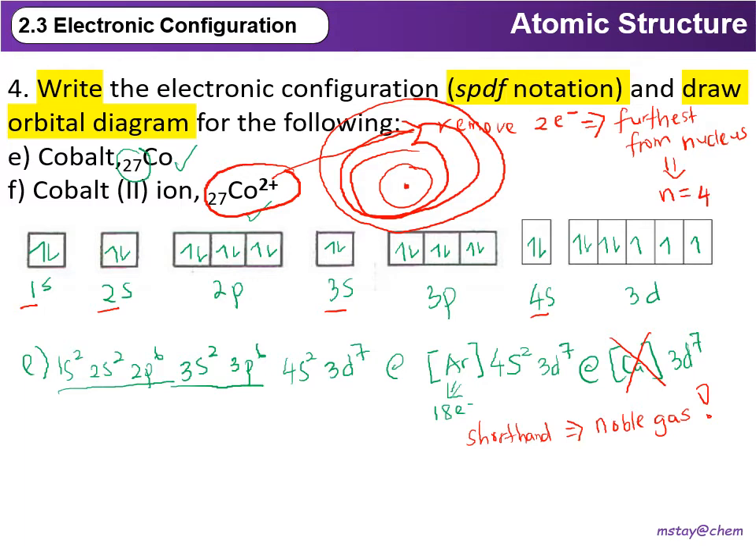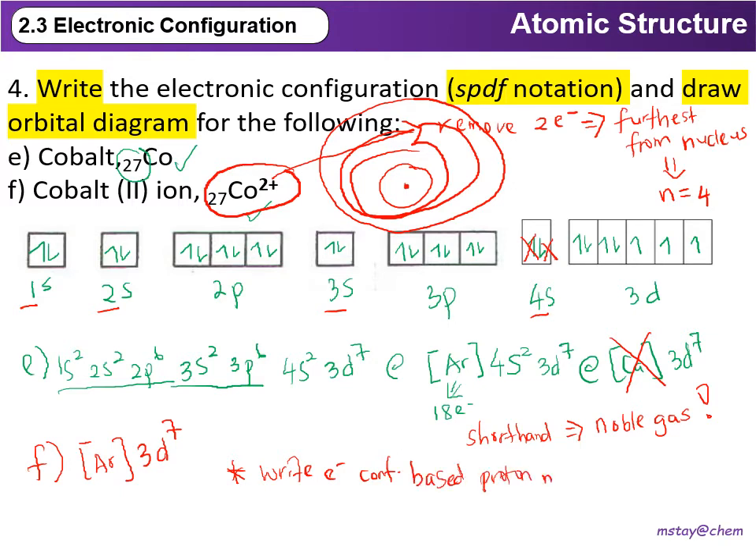So if we need to remove the electron, we are going to remove the electron from 4s. 2+ means we are going to remove 2 electrons, so we are going to remove 2 electrons from the 4s orbital. Then the SPDF notation will end up becoming argon followed by 3d7. Okay, so again reminder, we always write the electron configuration based on